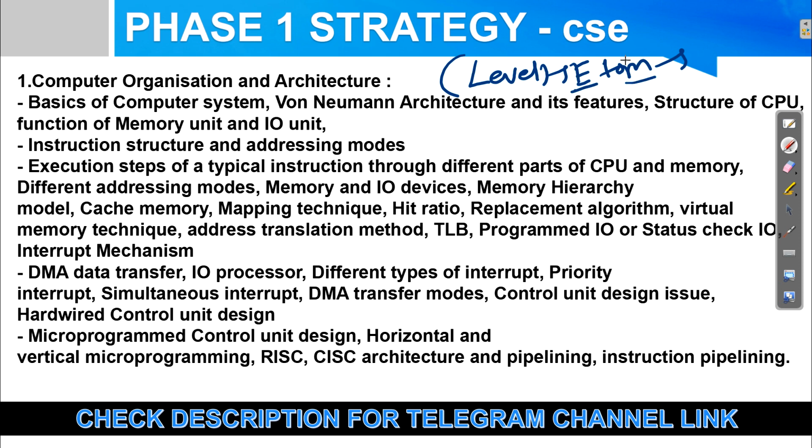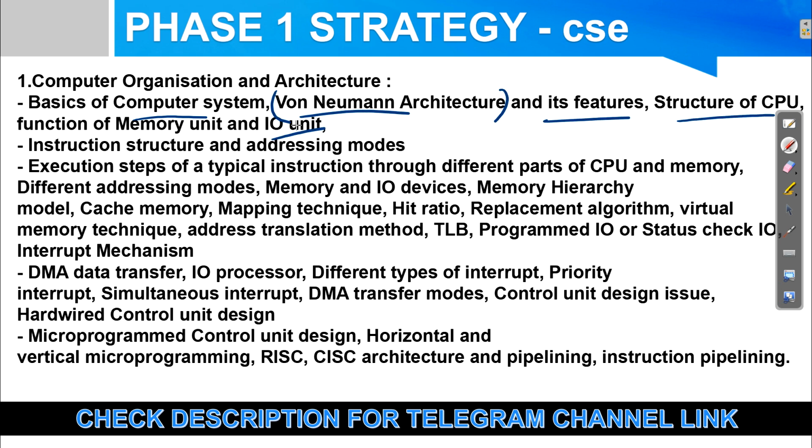Basic things you will require for your branch subject, and EC branch subject also, okay. So first you will study computer organization and architecture, a very important subject for your STPI. What you will study here: basics of computer system, von Neumann architecture, short questions and each feature, structure of CPU, function of memory and IO units, then addressing mode and instruction structures, okay, execution steps of a typical instruction through